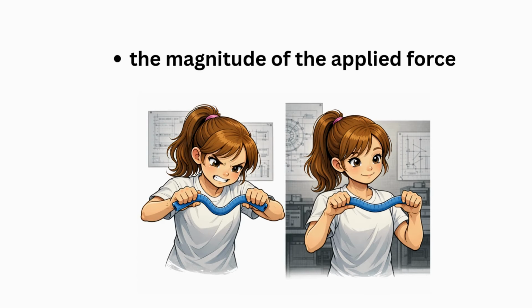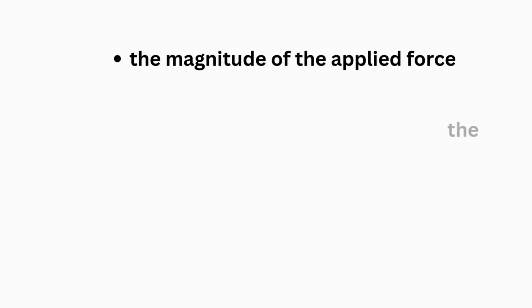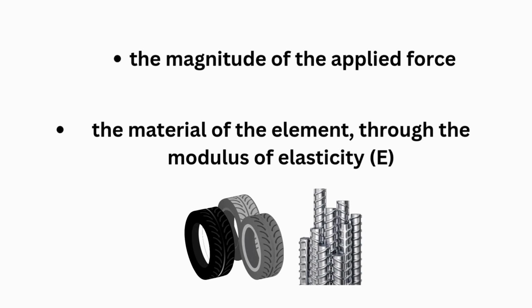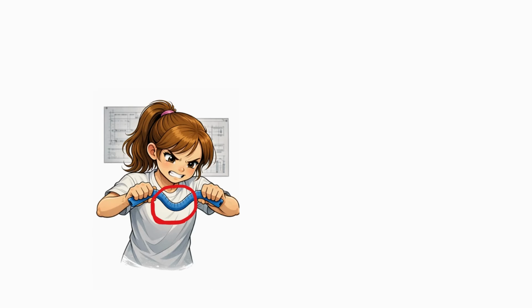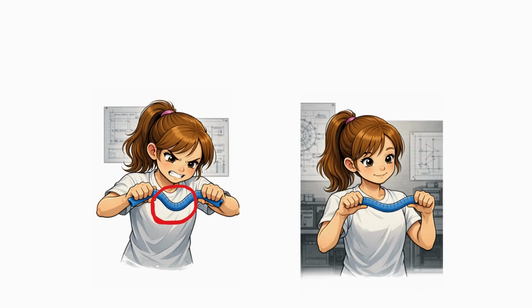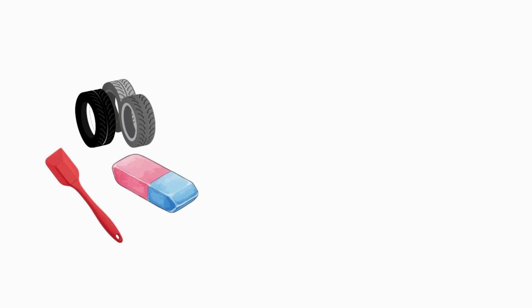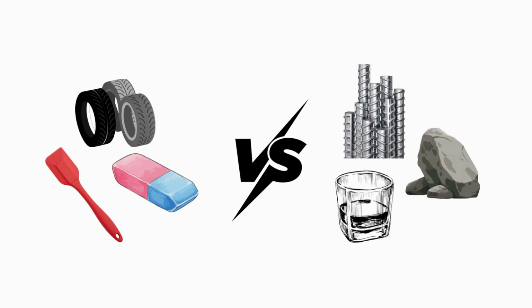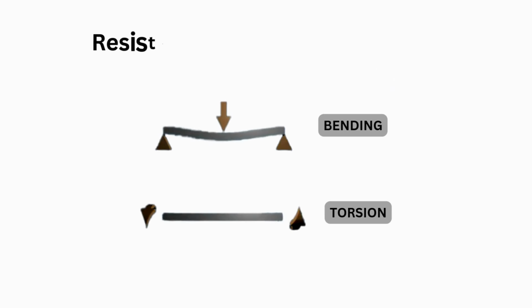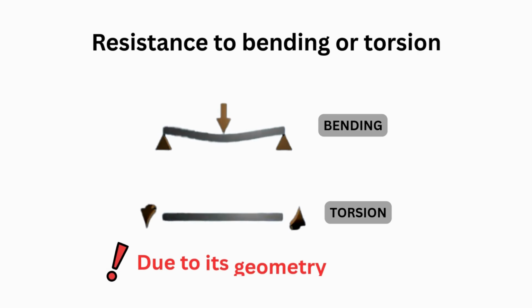It also depends on the magnitude of the applied force and the material of the element, through the modulus of elasticity. If you apply a large force, the element will bend a lot. If you apply a smaller force, it will bend less. And of course, an element made of a very flexible material, like rubber, will bend much more than one made of steel. So, the moment of inertia represents the resistance to bending or torsion that comes purely from the geometry